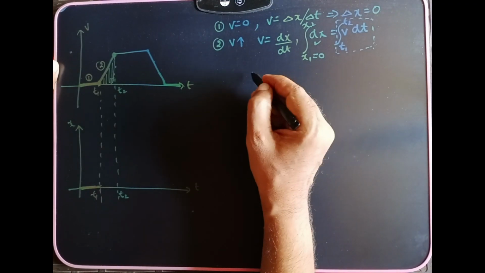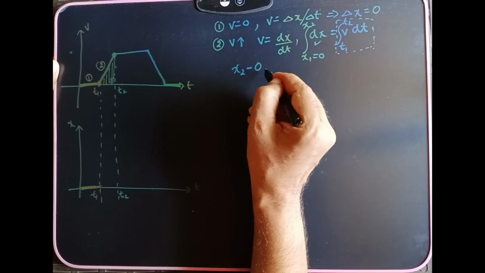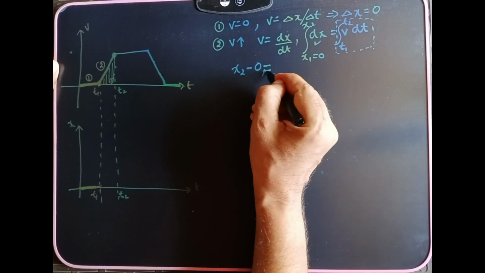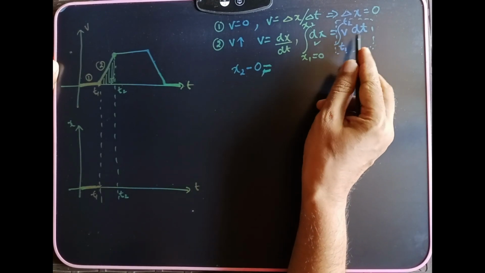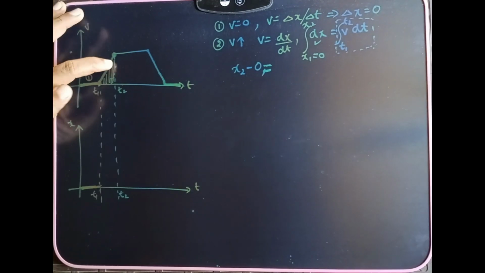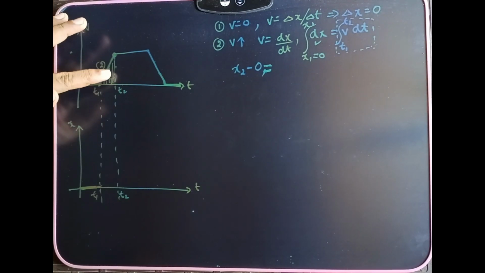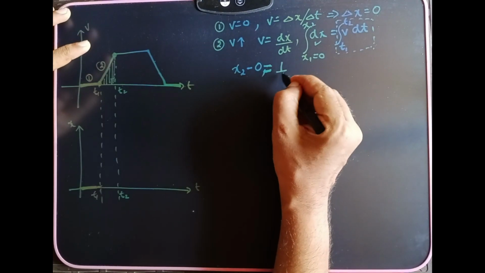Here first I'll do x2 minus 0 because x1 is 0, which is equal to the area under the curve, right? Area under this curve. So to find this area, it is equal to the area of the right angle triangle. So it will be half